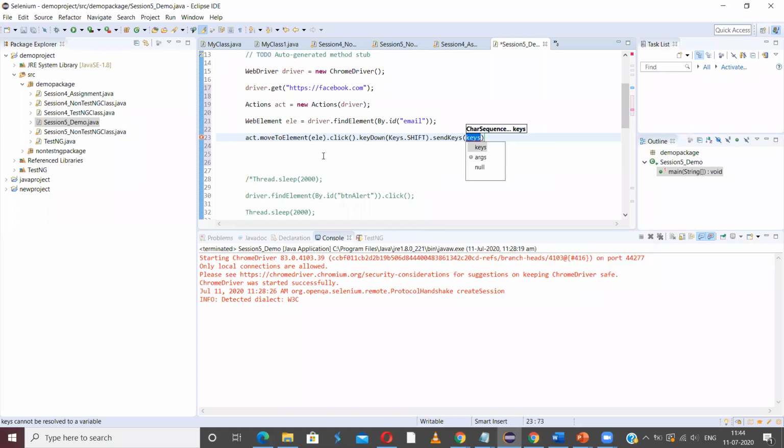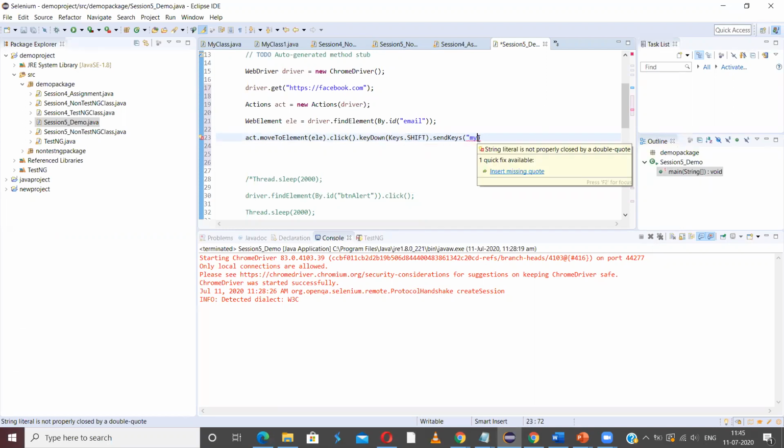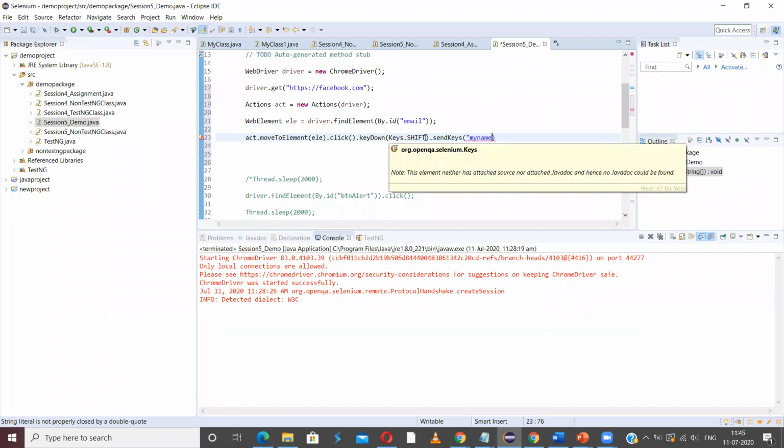Now let me enter everything in small letters. Why? Because I have already pressed the shift button earlier. So even though I pass small letters here, they should appear as capital letters because I have pressed the shift key.